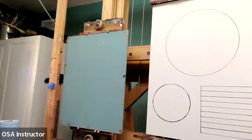This is, I'm going to be demoing a color wheel. I just kind of made that this morning. I just took a garbage can, flipped it upside down and traced around it, and then another little round surface. So anything circular can work. And then those little lines there are just so I can do some color mixing from across the color wheel